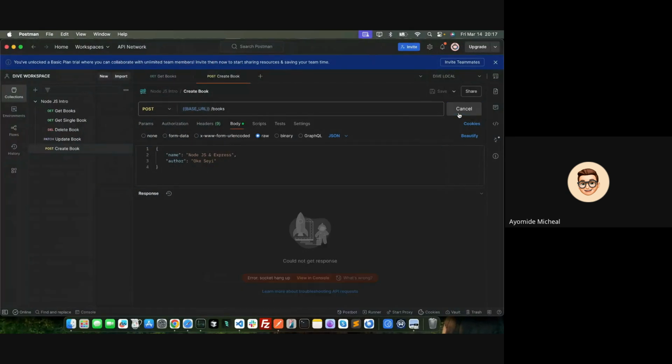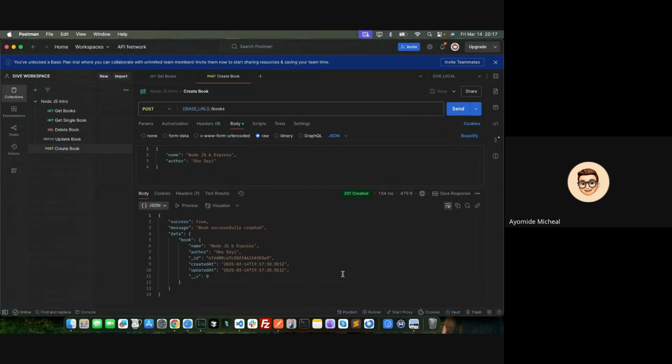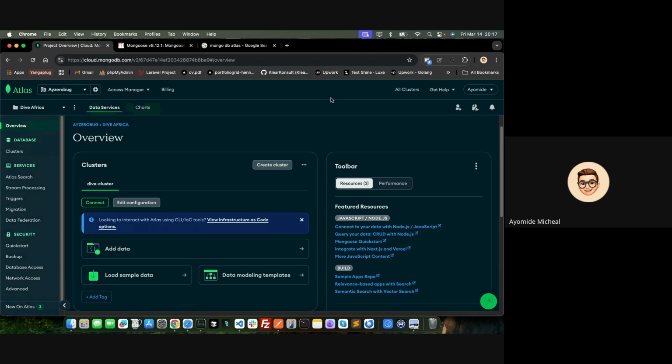So let's send. Now you can see we still have everything working. Here we now have the name, the author. We now have the underscore ID, the createdAt, updatedAt, and underscore version. Underscore V is version, and that's version 0. So as we update it, the version will be changing. If I reload this guy,